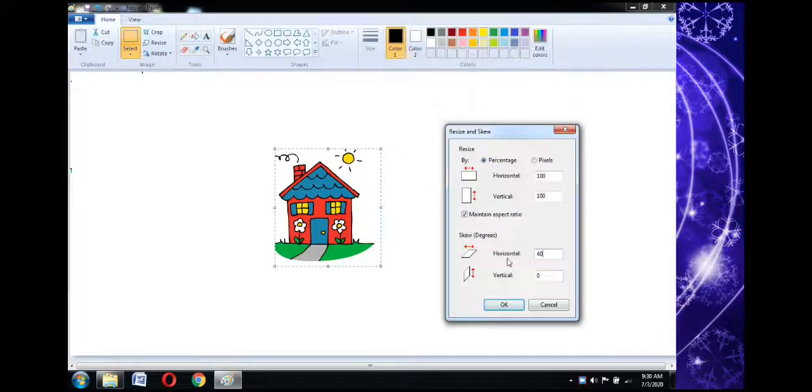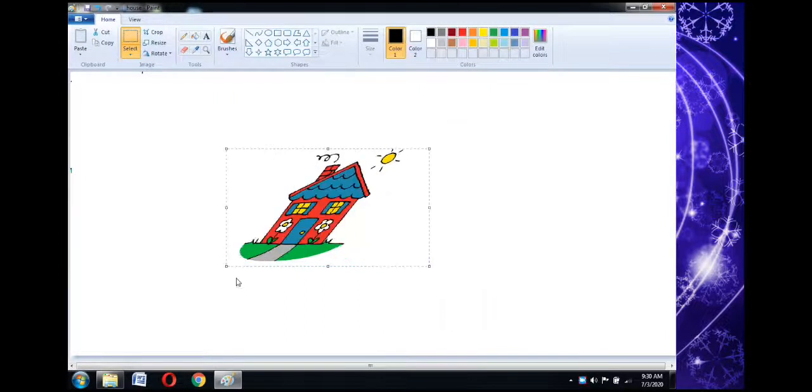Horizontal means left to right. It will twist the picture from this point at a 40-degree angle. See, from this point the picture is turned 40 degrees. The picture is skewed horizontally.